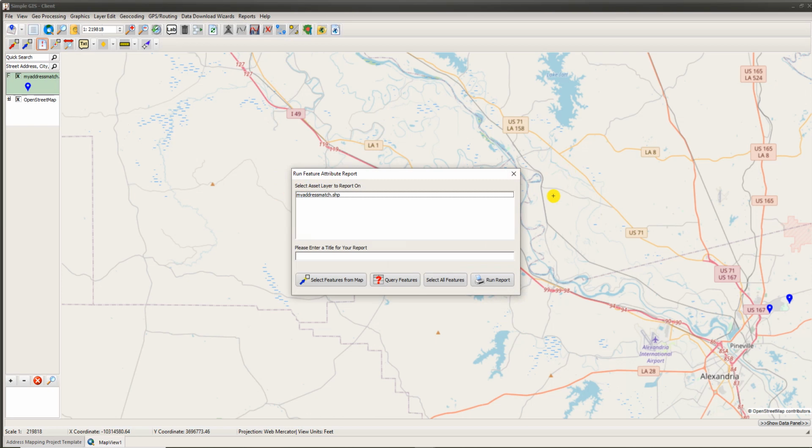When you select to run this report, it'll ask you to select the shapefile that you're wanting to run the report on. What it's looking at is all the layers in your current map, and it's just picking out all of the shapefiles or what we call event layers. This is another type of layer in Simple GIS. But essentially any layer that has attribute data. So you would select the layer, you could give a title for your report if you wanted to,